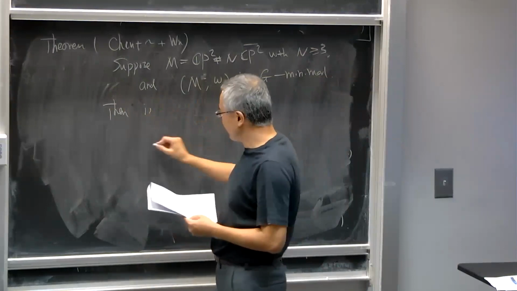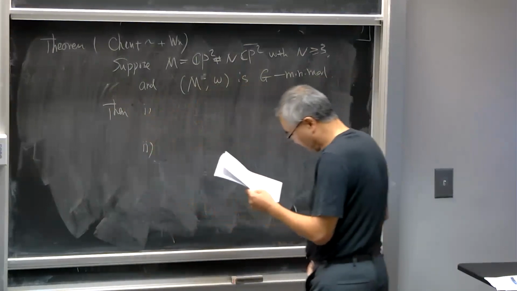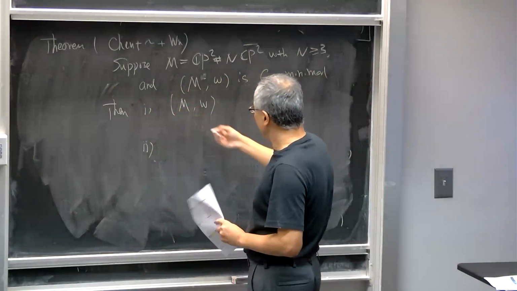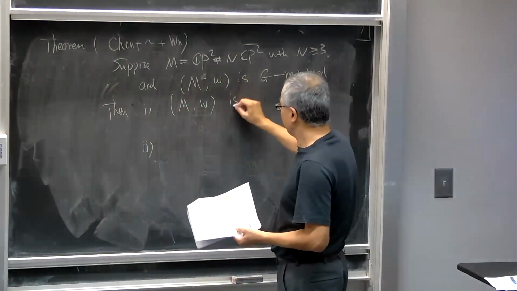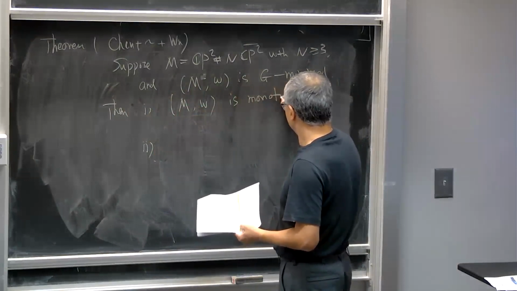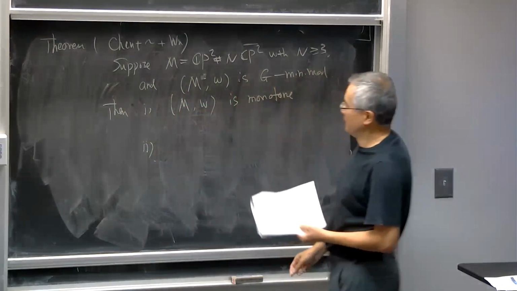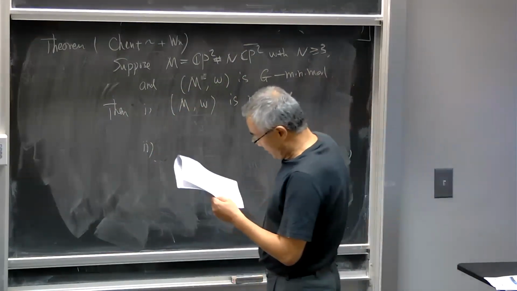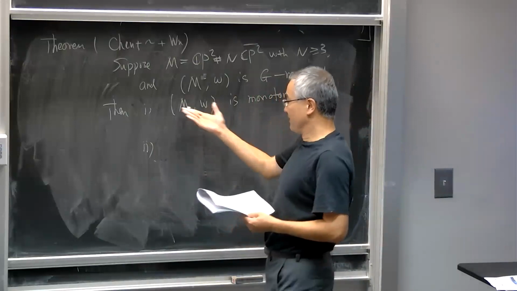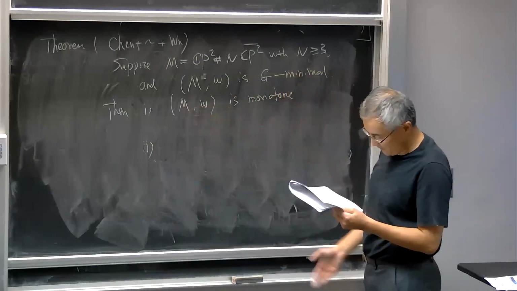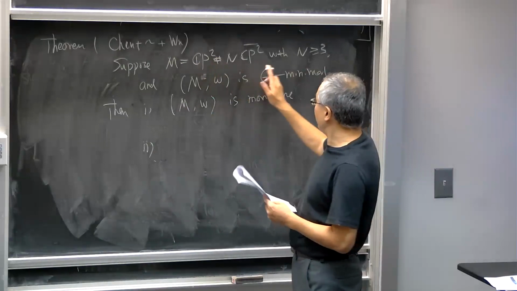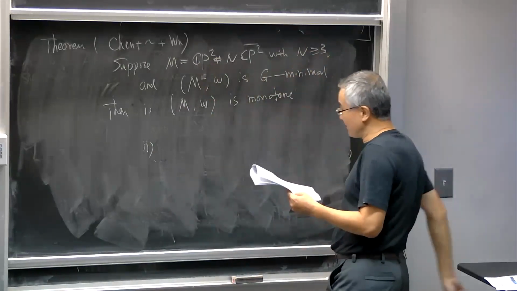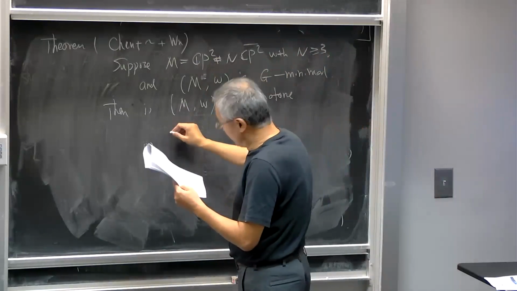Then there are only two cases. First case, the symplectic form is monotone. Then there's a very limited number of M. It's just n from 3 to 8, as we mentioned, so 6 possibilities. Or